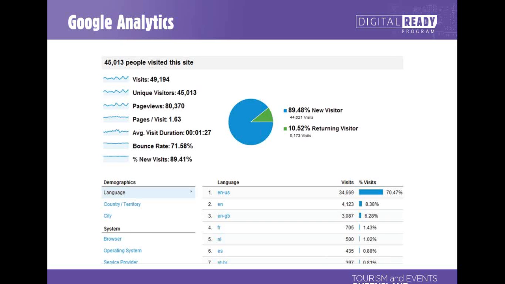Heaps of things. So here's an example of the dashboard, and this particular site for the last period of time, let's say it's a month, got nearly 50,000 visits, 45,000 unique visits. So this is kind of people on multiple screens. This is actual people, theoretically. Of those, we got about 80,000 page views, about a minute and a half spent on site. Bounce rate, this is the thing I'd be worried about with this one. Most of this is pretty good, especially if it's kind of going up. This is what you want. Anything over about 40% site bounce rate is a bit of a worry because it means people are coming to your site and leaving without doing anything.